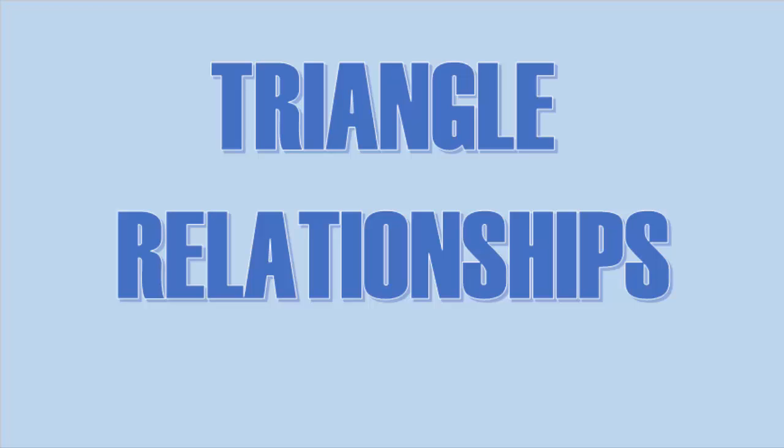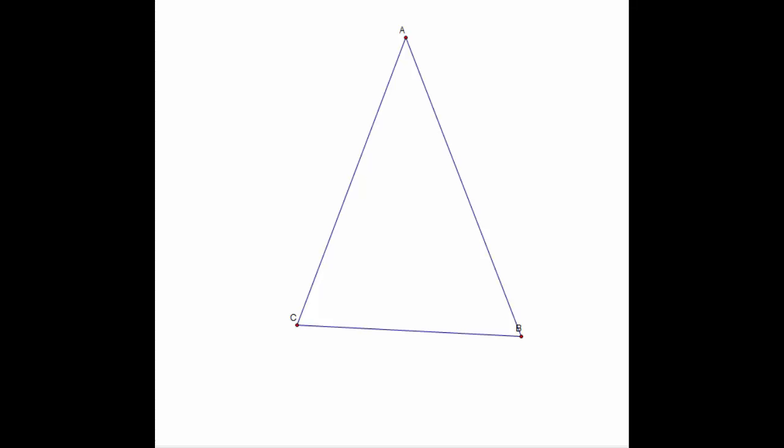And we're going to start this semester with triangle relationships. And the first thing we're going to talk about is midsegments. So we're going to start with triangle ABC as I have here shown, and we're going to construct the midpoint for side AC. There we have point D. Remember, a midpoint